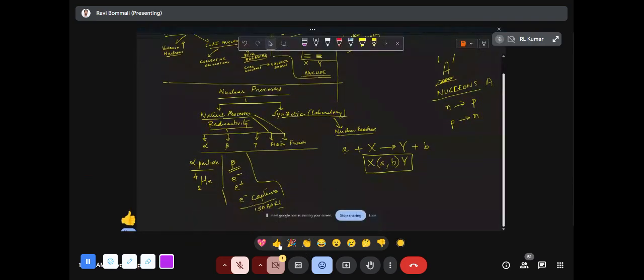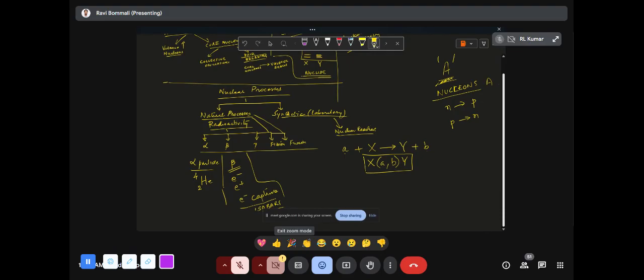Yes, sir. So here you can see that I have written beta. Below beta, I have written electron, positron, and electron capture. You can see it, right? And below electron capture, I have written isobars. So in the beta decay process, there is creation of isobars, which means that in beta decay, a nuclear species gets converted to another nuclear species while keeping the total number of nucleons constant, यानी कि A constant रह जाता है, ठीक है?